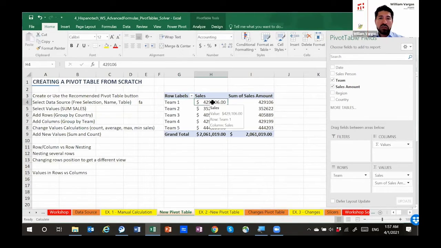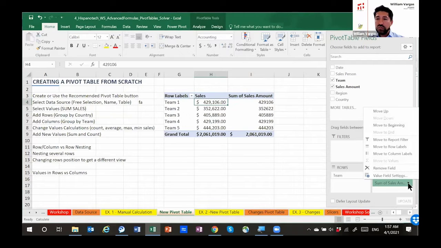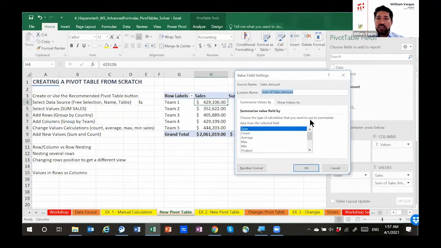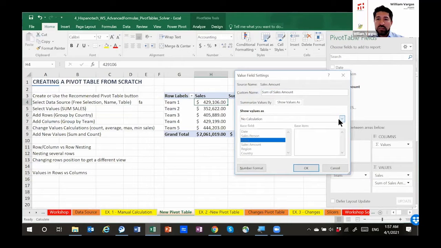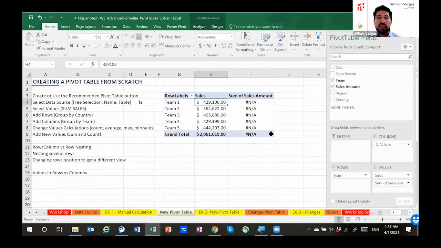Let me just remove this sales amount. I'm gonna go in settings, show value as running total. Running total based on the sales. That was the mistake I made. So running total based on the sales amount I have here. When I click here, then